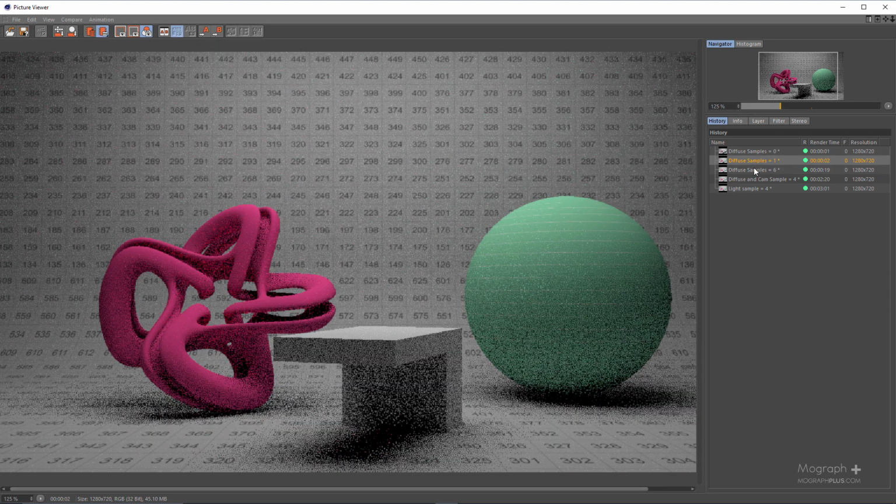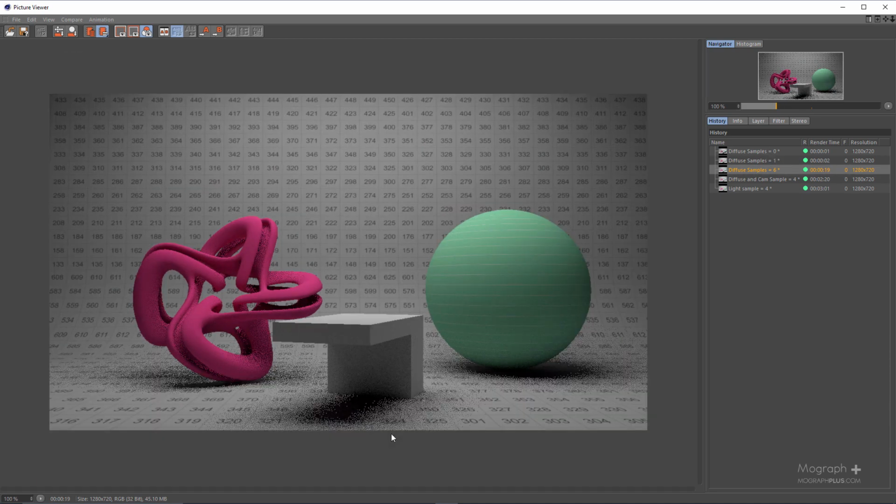And the noise that you see in these shadow edges is actually direct lighting noise, and we need to increase our light samples, our light source samples, to actually get rid of this noise. We do that in a moment. So as you can see, it's much cleaner if you compare it to our previous render when we had 1